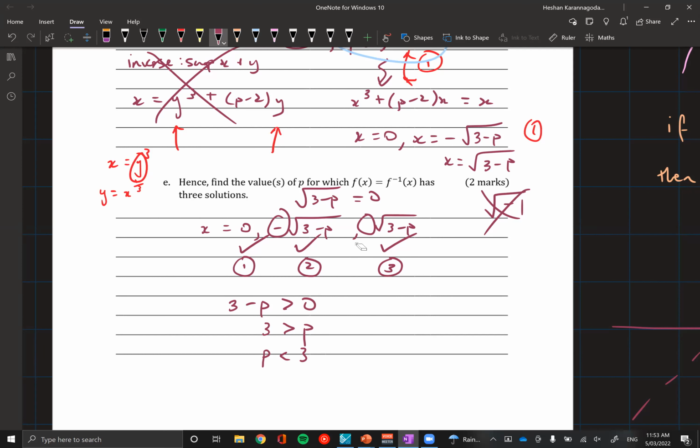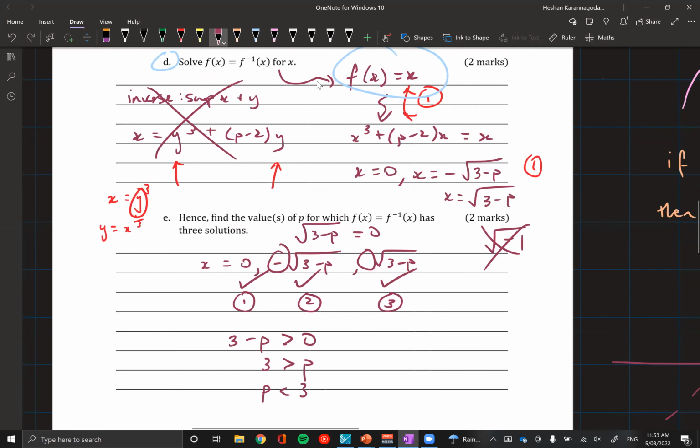We're learning. So P is less than 3, but we have to consider the equation that we're trying to solve: F equals F inverse of X. We have to think about when an inverse actually exists. And in this case, it's not so clear because we have P as a parameter. Let me remind you that F of X is equal to X cubed plus (P minus 2) times X. And I guarantee you 95% of people will just overlook this. They will just think that these are your 3 solutions to the equation.